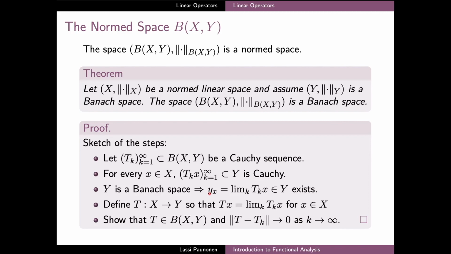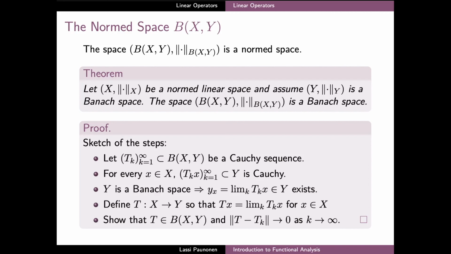In the next step of the proof, we define a mapping T from the space X to Y in such a way that for any x, the image Tx is defined to be precisely the limit yx in our previous step. So essentially, we are here guessing what the appropriate limit, operator T, of our Cauchy sequence should be,